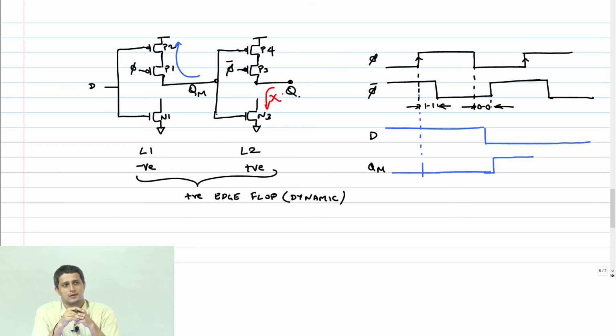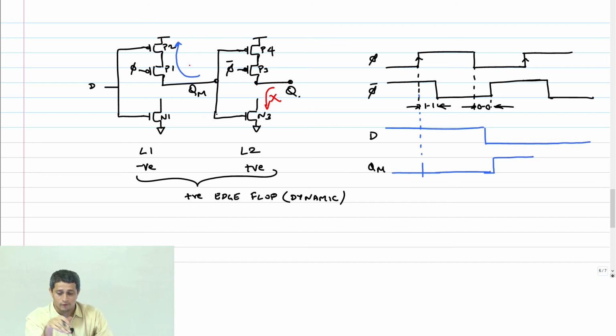So there is a very critical thing. You see that in both cases, only the pull-up path is available, both latches. But in order for data to go through, one has to pull up, the other has to pull down. Only then can data go through. So there is a logic inversion that is doing the trick here. Earlier, when I used a transmission gate, the transmission gate was conducting for both 0 and 1 logic. What we have done here is, for 0 you are going through the PMOS, for 1 you are going through the NMOS.